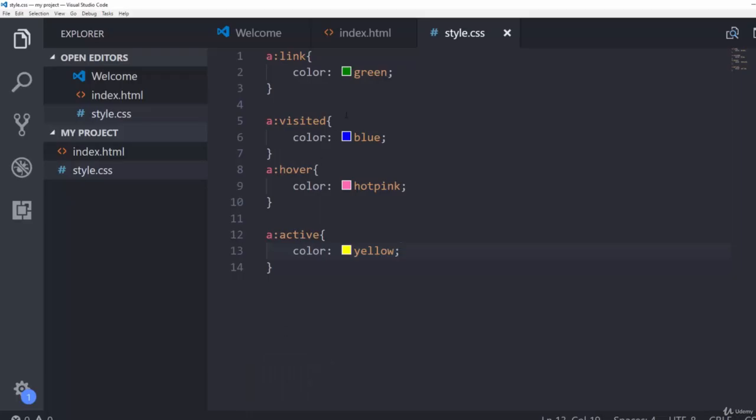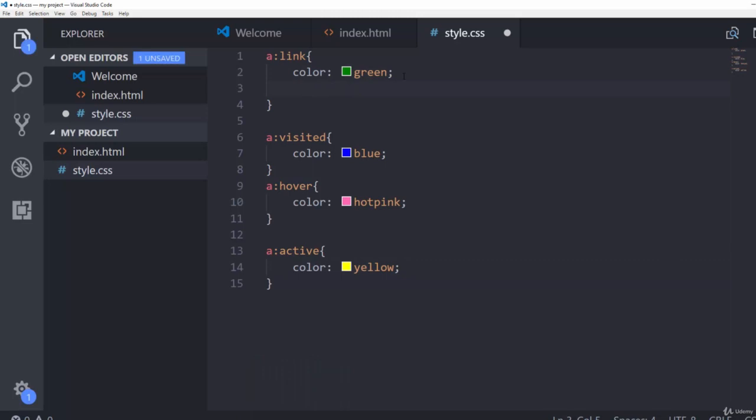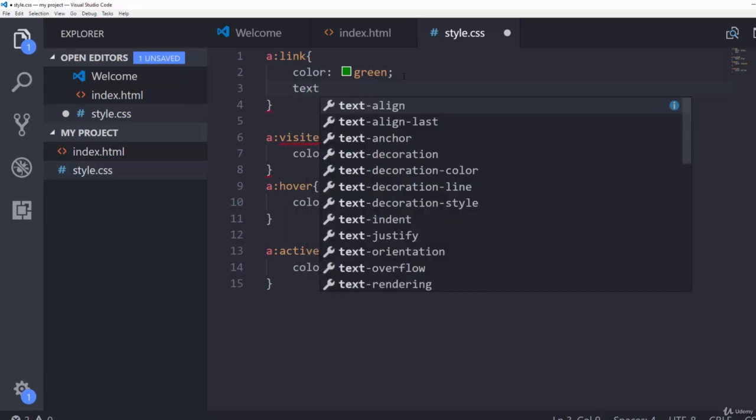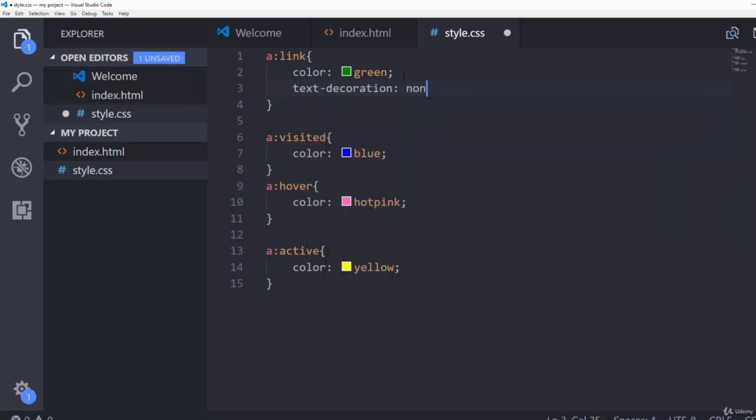Now, as you might notice, the link has a certain underline to it, and let's say you want to get rid of that underline. So in that case, whenever you want to remove the underline from the link, you can use the text-decoration property. So you just go to CSS, and let's say for the normal state, you don't want the underline to be present over there. So you can simply type in text-decoration and set this to none,